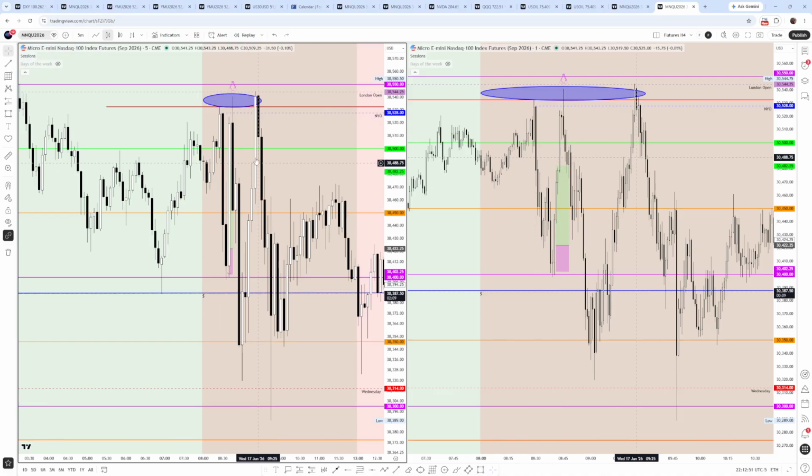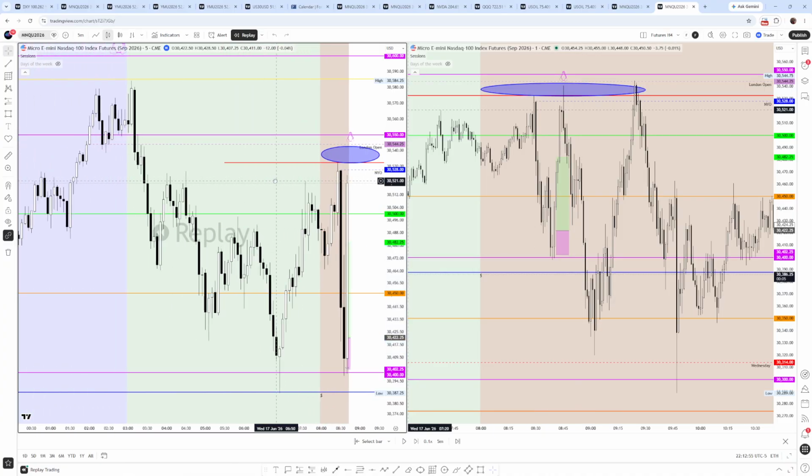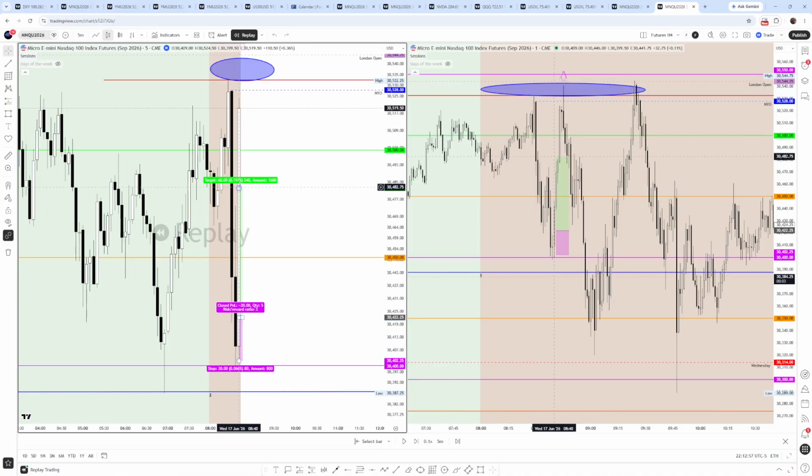And at this point, this is how the 5 minute looked when this came down. All you had was this, and the 5 minute ran back up into our 5 minute supply, where we expect buyers on smaller time frames than 1 minute, like 100 tick players and stuff like that, for this type of move to be where they start to exit, because they're either going to exit inside the range or outside the range. So when you take a buy position, for you to exit on futures, you have to put a limit or you have to manually exit with a sell order.